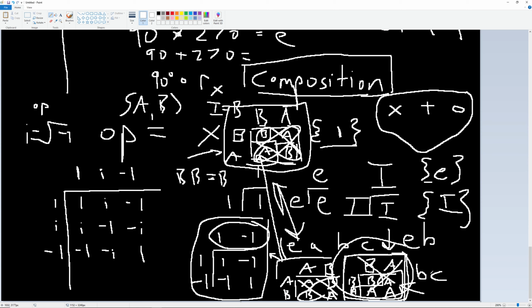And so maybe as an exercise, try to prove it: either find that there's no identity, check both in B and A and see that there's no identity, or show that one of the elements doesn't have an inverse. I think A doesn't have an inverse. Okay, so